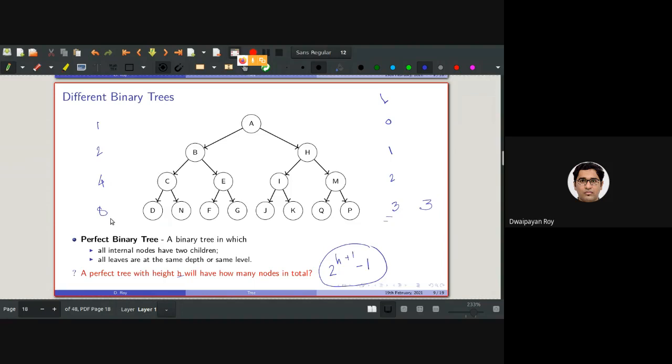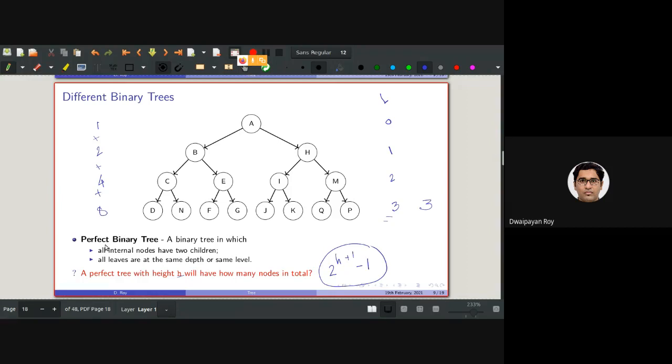After computing the number of nodes that can be present in a level, we need to sum them up to get the total number of nodes, right? So what type of series is this? 1, 2, 4, 8, then 16.